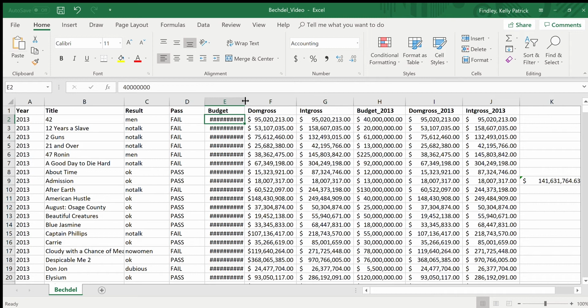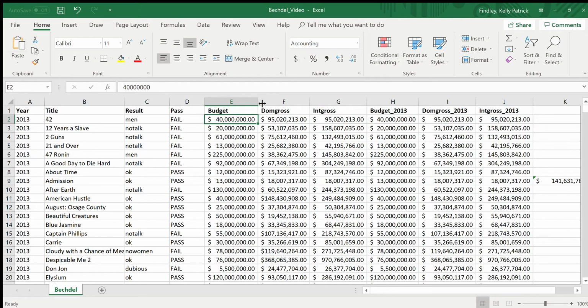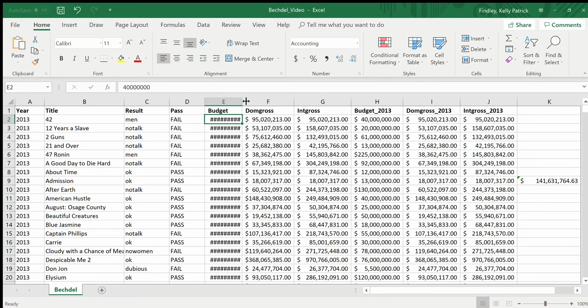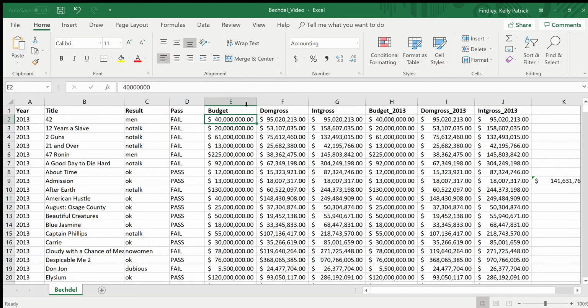So what we need to do is widen this column, and you can either do this by manually dragging the column like that. Something else you can do, which I think is cool, is you can double click on the border there and it will automatically readjust the column to just fit everything in the smallest width possible. So either way, you just want to make sure that all of your columns, you can see all the values in them and they're not